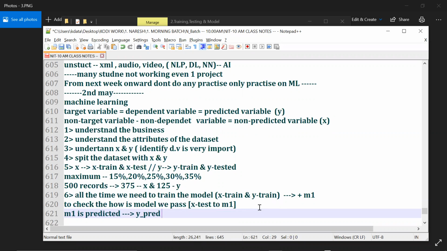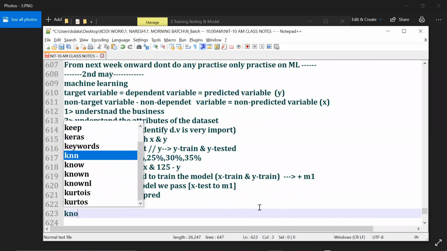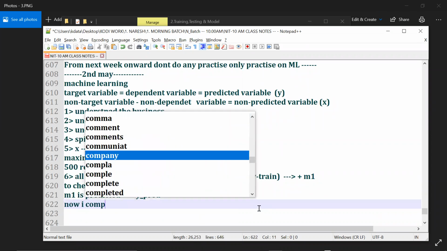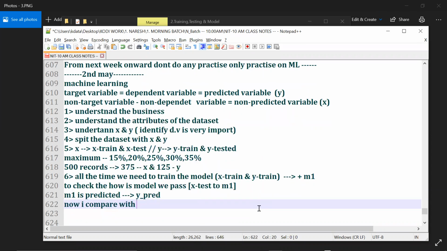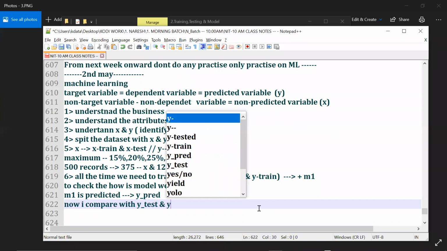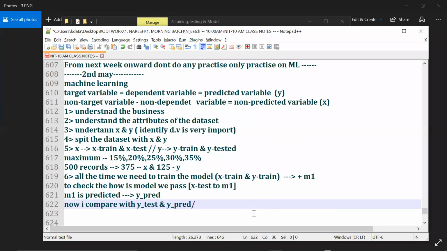Which one is left then? Y test is left, right? Now I compare Y test and Y pred. That's what I have done right now. Agree or not, guys?